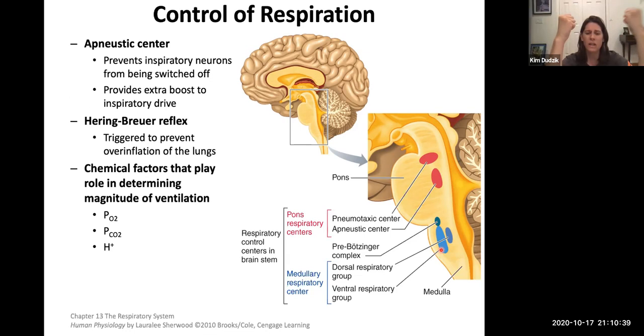Mostly it's the inhalation that is firing, so the inhalation is causing the triggering of the phrenic nerve and other nerves to control the diaphragm and the external intercostals. But remember, at rest, exhalation is just a relaxation.